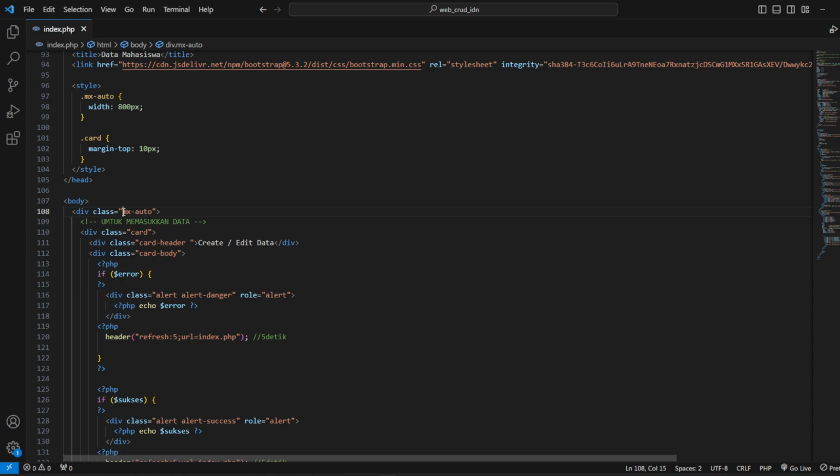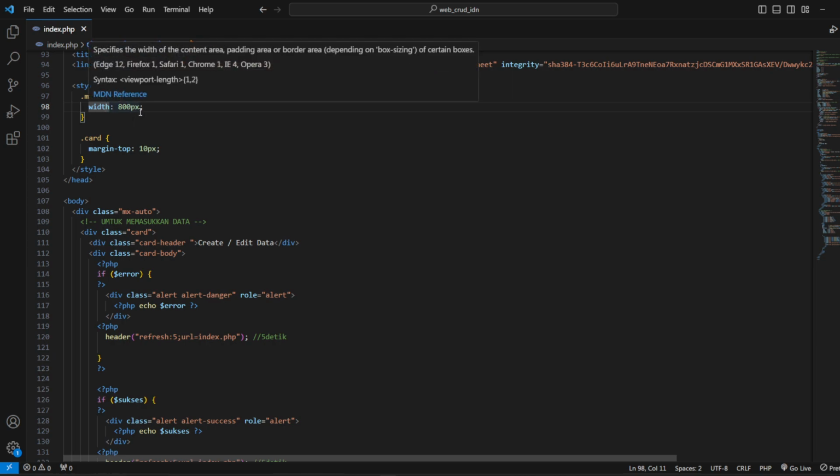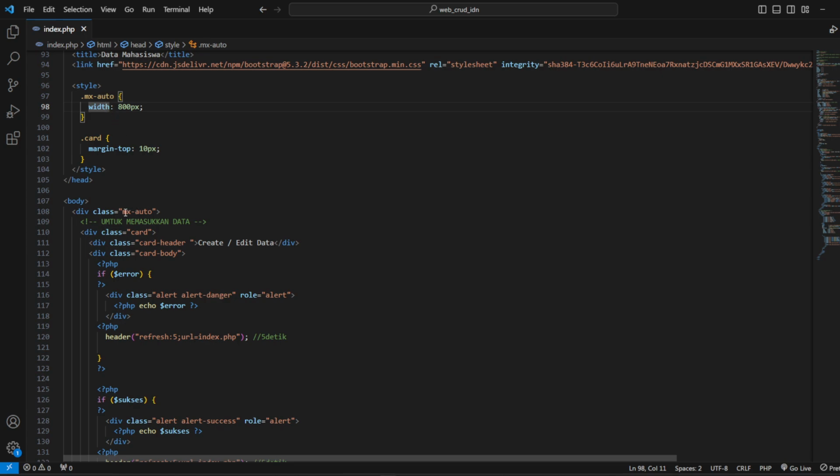The first is you can build a div with the class mx-auto, with the style width 8000 pixel like that, and then mx-auto makes your database auto in the middle of our browser like that.